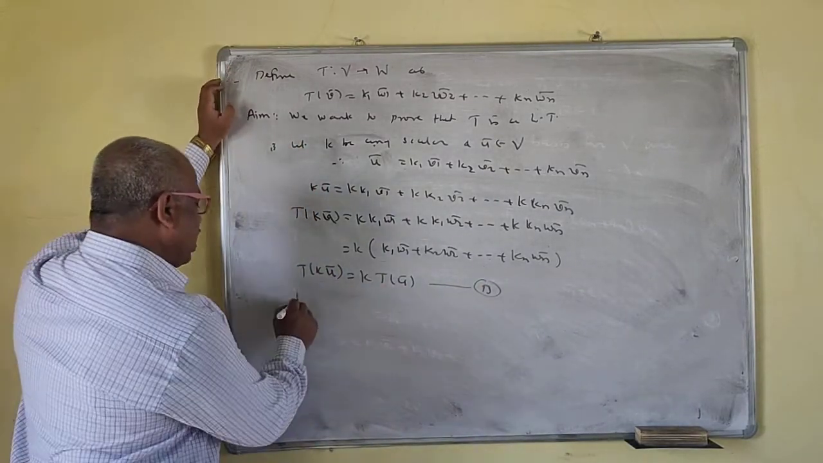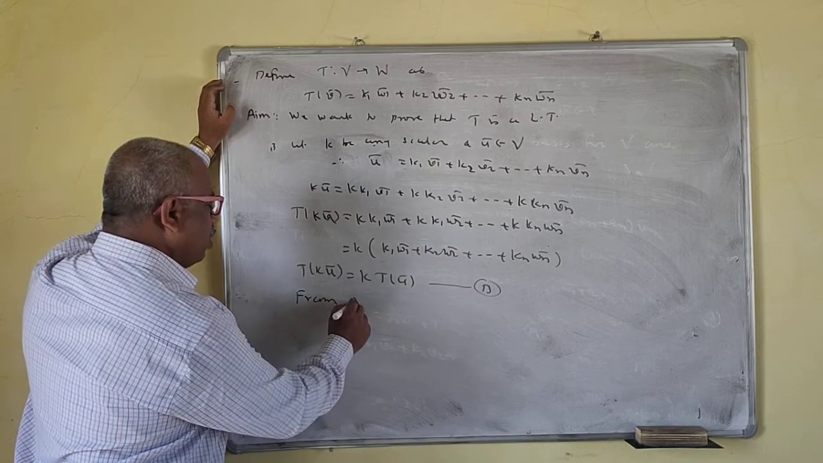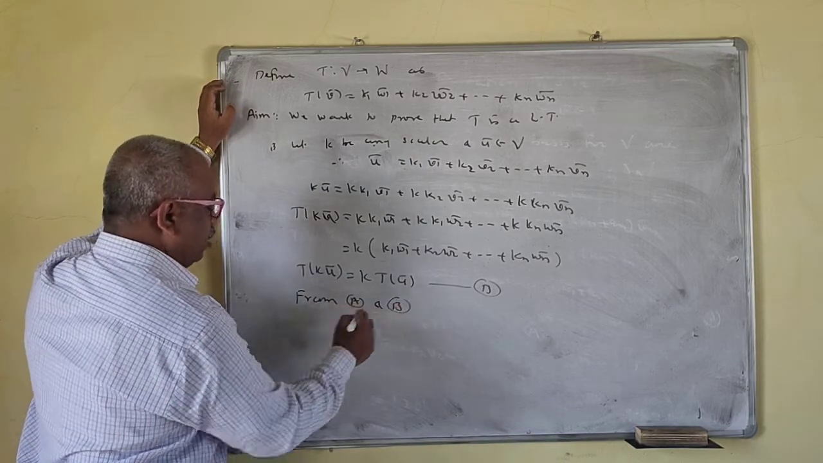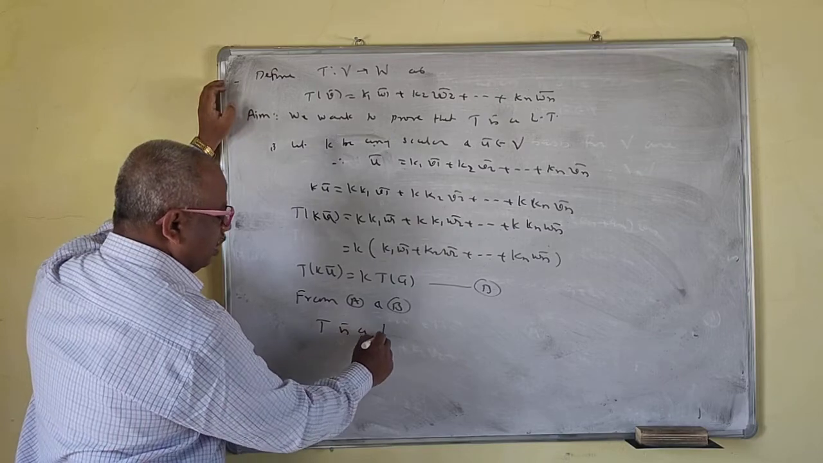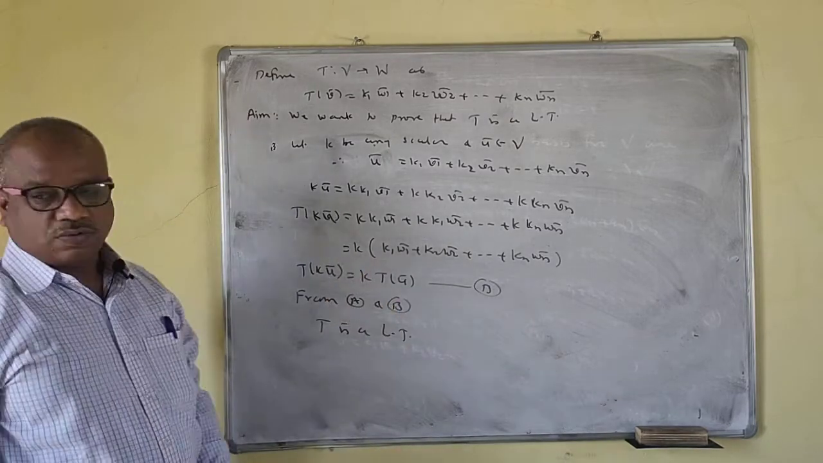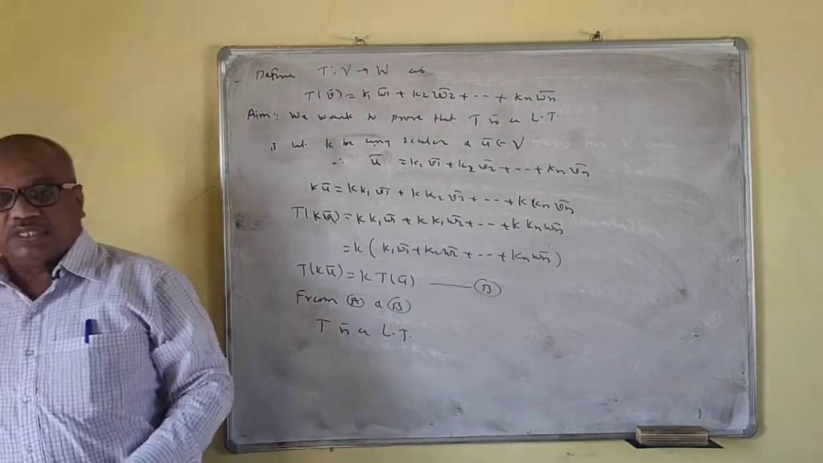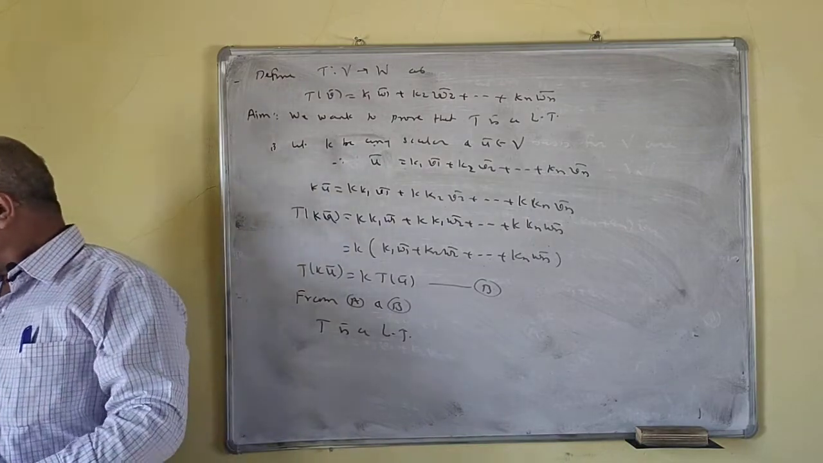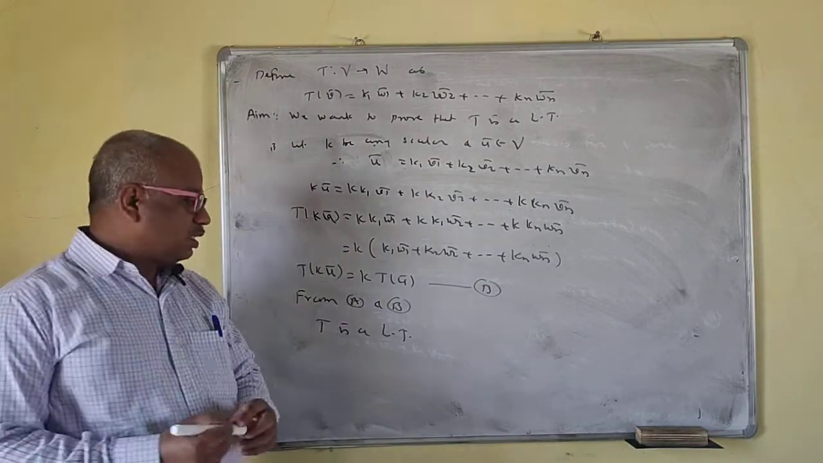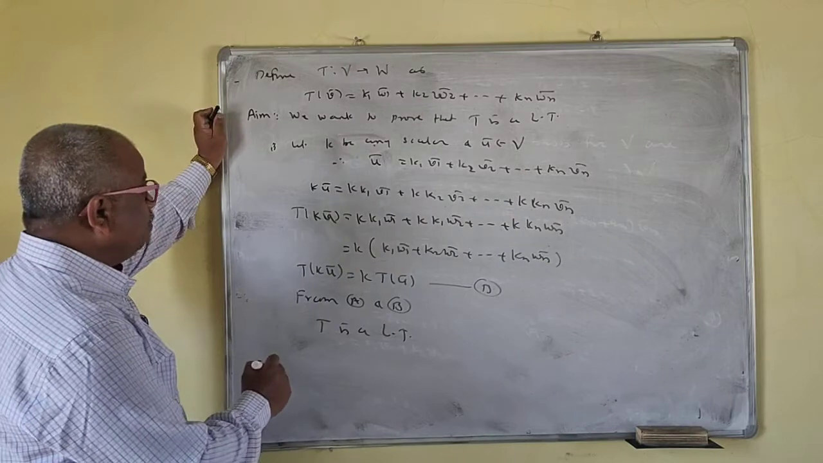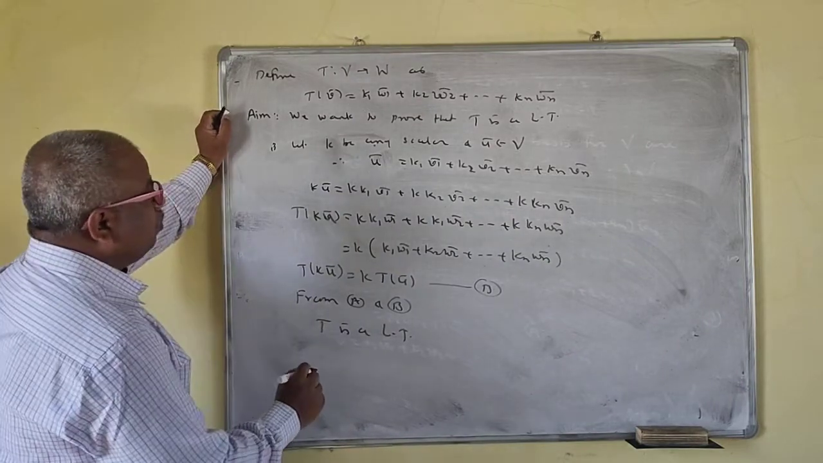Okay, so from A and B, T is a linear transformation. Okay, so T is a linear transformation. This part is over now. Okay, now we go for the second. Okay, so T UI bar. Okay, so VI bar